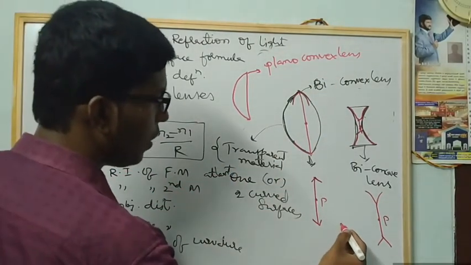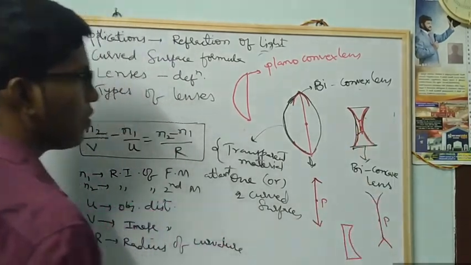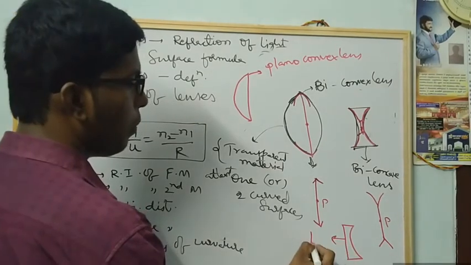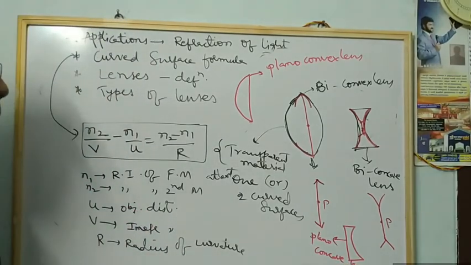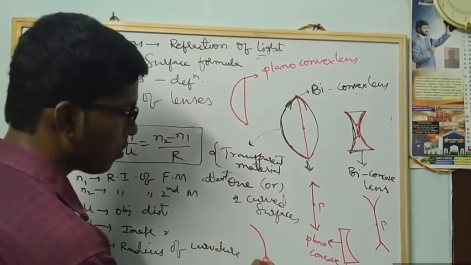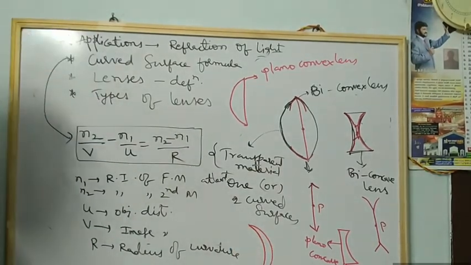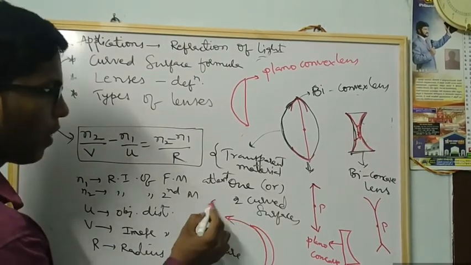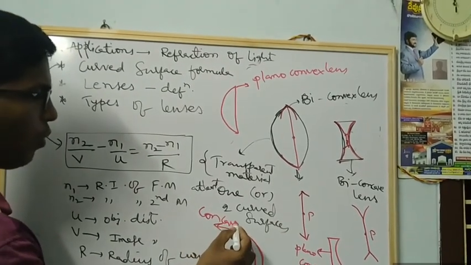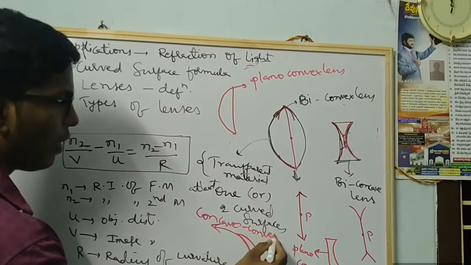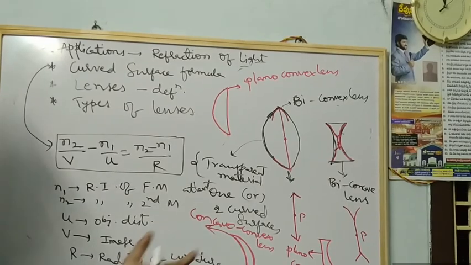Another lens, suppose one side is plane and the other is like this. See, like this structure. This is called a plano-concave lens. Do you understand? Suppose you have one structure like this, a convex surface, and another structure like a moon. It looks like a moon. This is called concave. This part you observe is concave, and this part is convex. So this is a concave-convex lens. So these are the 5 types of lenses you have to remember. Thank you.